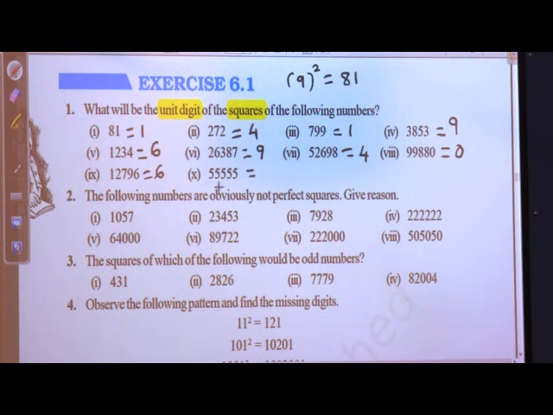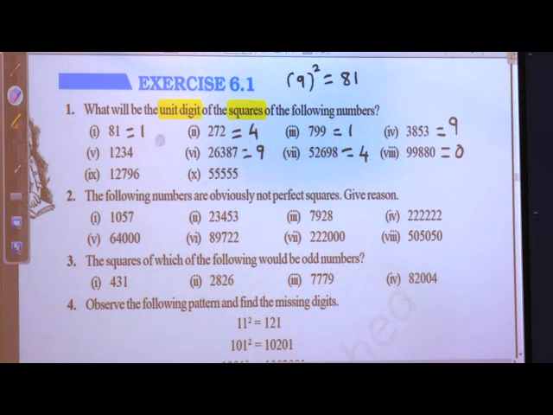And 55555 squared. What do we want? 5 squared. What is in the units place? The digit is 5. So its square is 25. In 25, what is in the units place? 5. So this is the answer. I hope you have understood what I have explained and solved here. I have written the answer in front of the question directly. Initially, I showed you the calculation. Later on, I have done it directly. Hope you have understood.